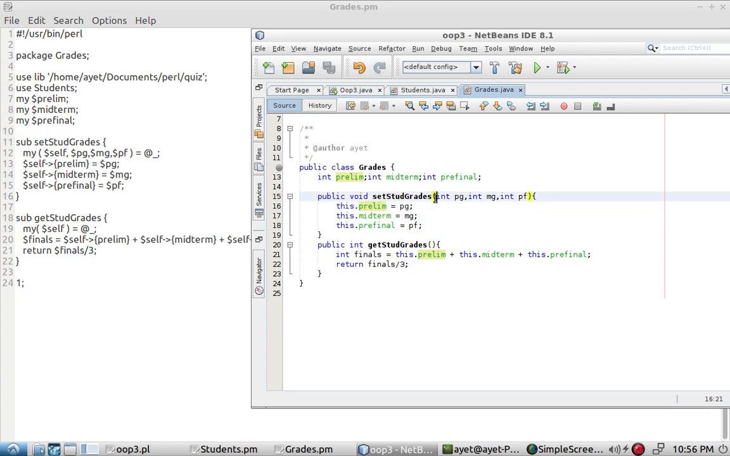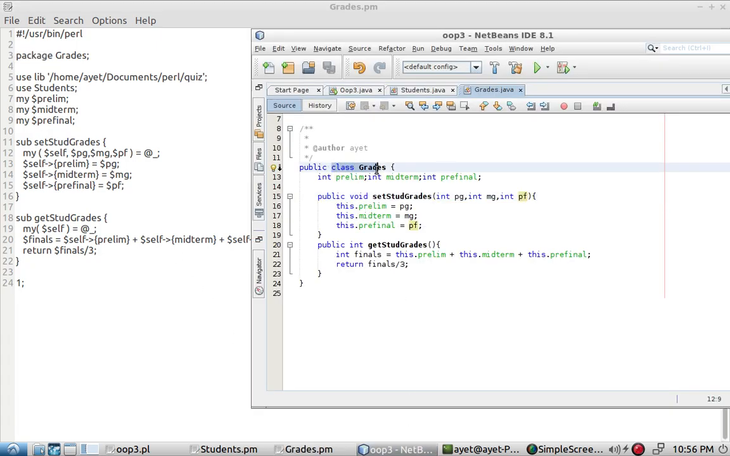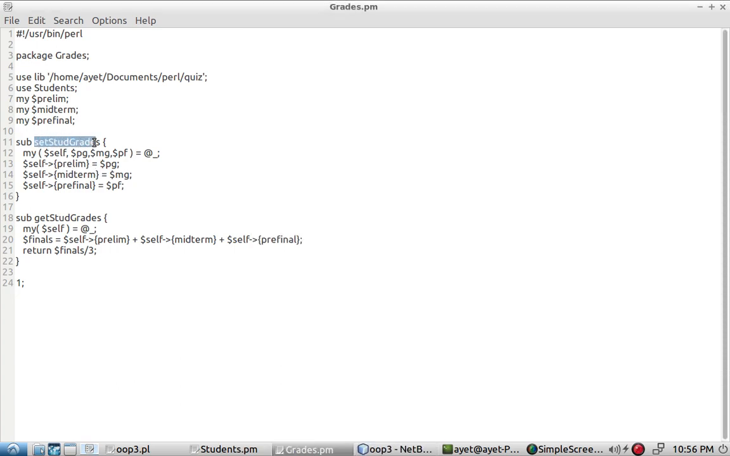We're going to include 3 parameters. As you can see here, these are the 3 parameters, wherein self is for this method under this class. The class in Perl here is called grades. Every time you include package, it's the same thing as class grades. So if it's class grades in Java, it's package grades in Perl. And then we have here a method in Perl